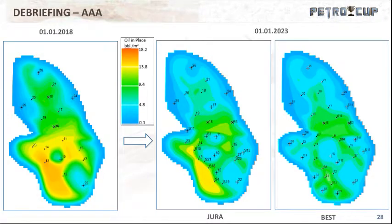Then AAA will show the residual reserves distribution in comparison with the best practice. This is where the teams can see where their production focus was set properly and where they have missed the opportunity. The good strategy usually ends up with more uniform distribution of residual reserves, although permeability, volatility, and economics may sometimes oppose the strategy. One can see that Jura team did not do a fair effort to produce from southwest